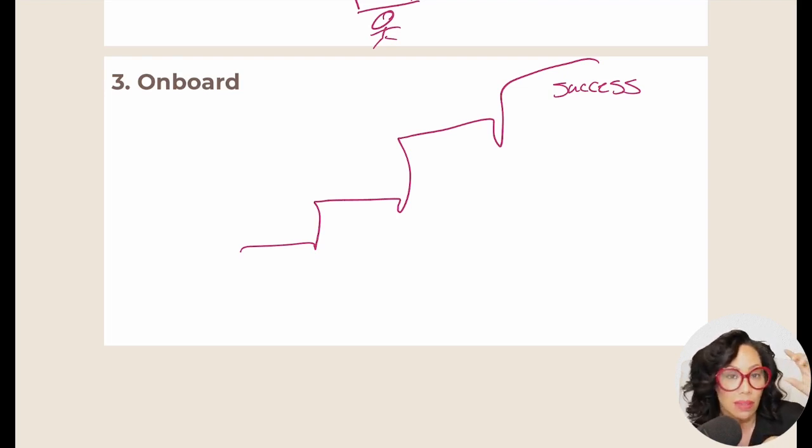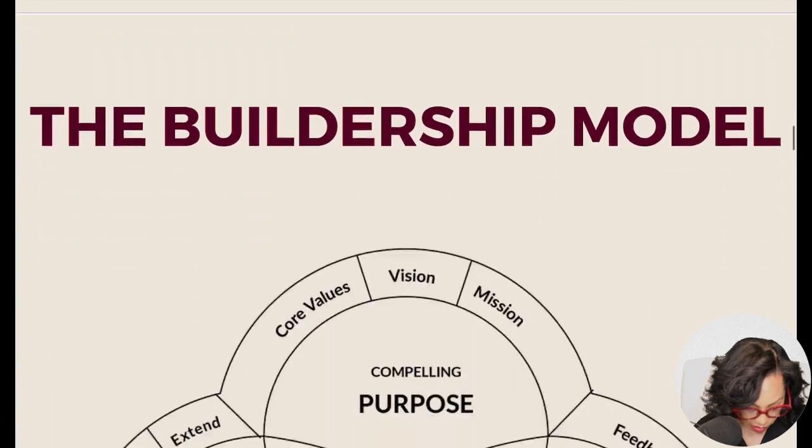If you do these three things, if you are careful about how you attract people, careful about how you screen people, and careful about how you onboard people, this will guarantee that not only do you get the right person, but that person thrives in your building. So let's break them down, each one.